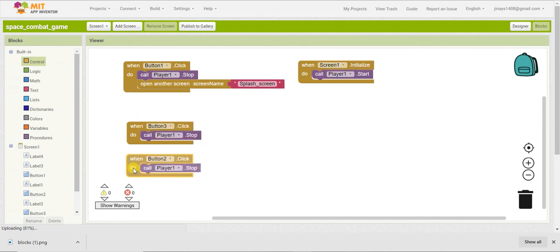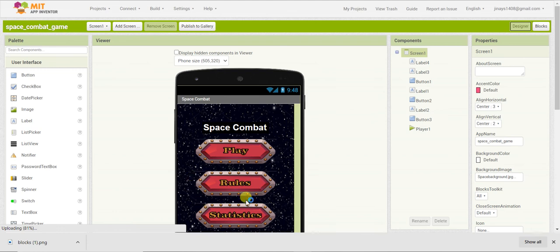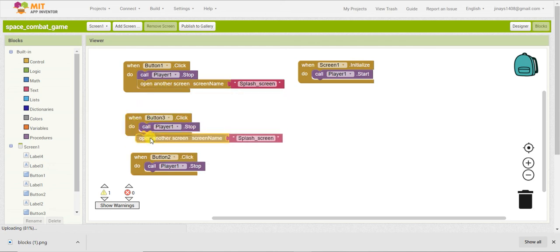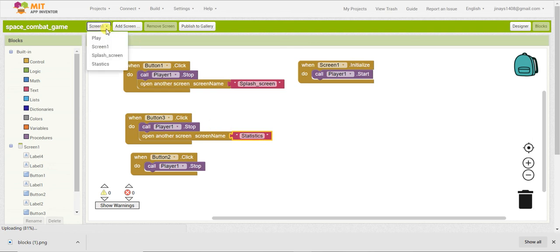Now whenever button 2 is clicked, for rules you can create your own screen, so I'll not show it for button 2. But for button 3, whenever it is clicked, you can open the statistics screen. Make sure your spelling is right.